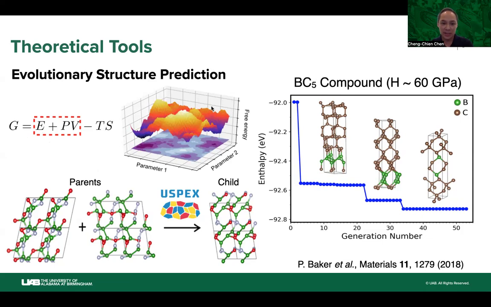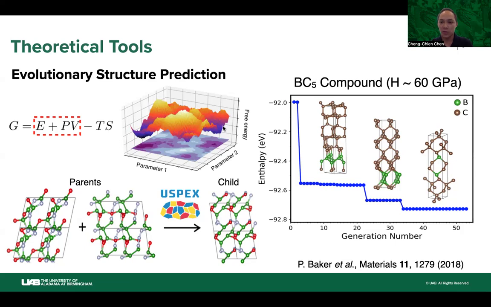Okay, so the right-hand side is a schematic cartoon showing the potential energy surface. Usually this crystal structure prediction is an NP-hard problem, so you have a very complicated surface with a lot of local minima in addition to the global minimum. To localize the minimum positions, you need very powerful optimization techniques.